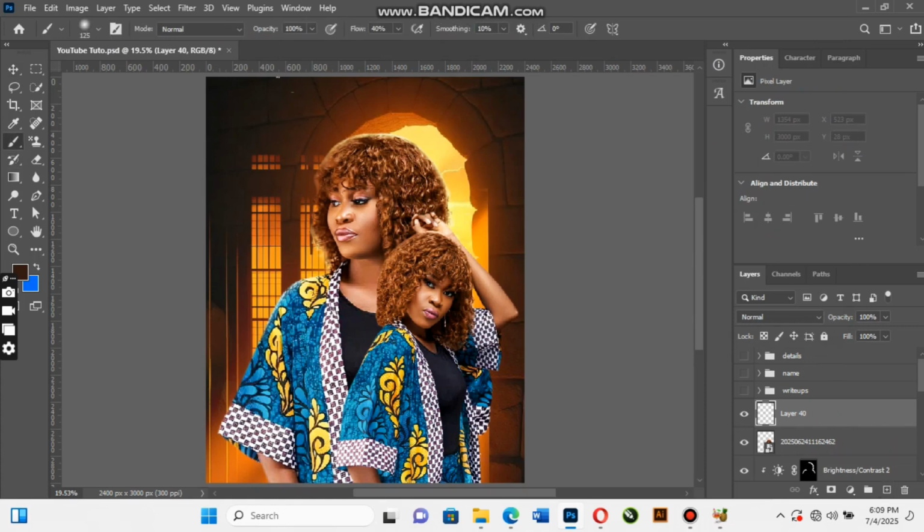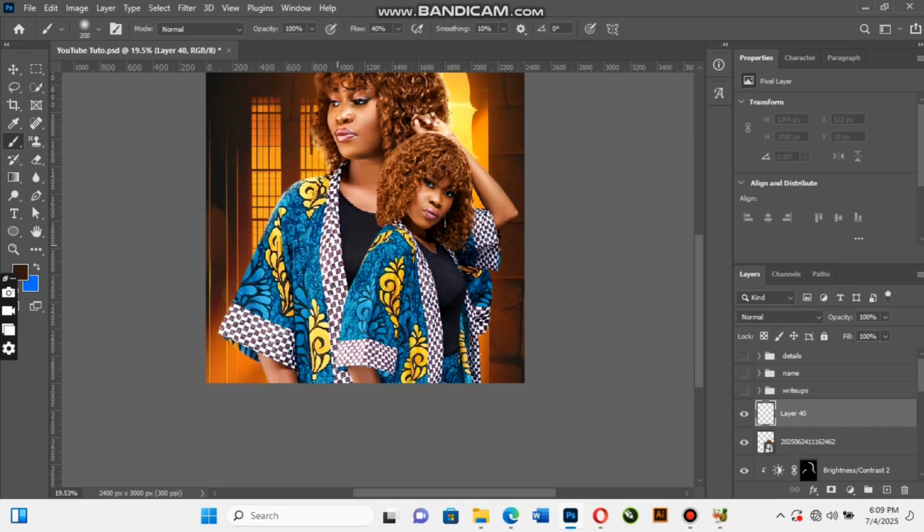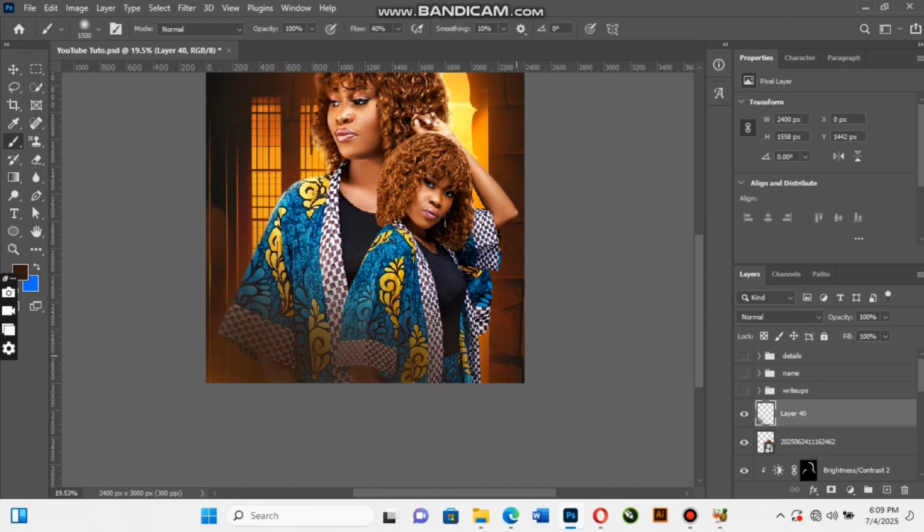I'll simply click. I'll begin to click now because I want to fade or blend the overall design with the background. So you can decide to increase your flow, you can decide not to increase the flow. So without wasting much of our time, let me increase the flow so that it will be much faster. Okay, I think something like this is better, but